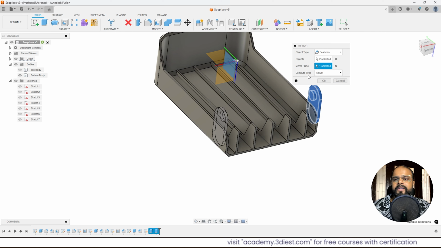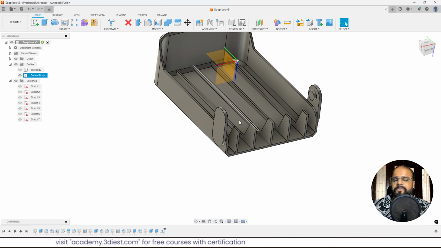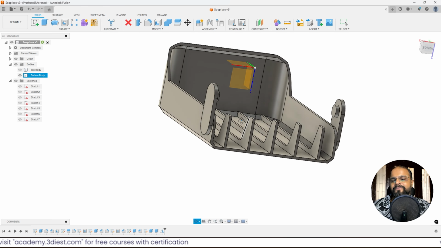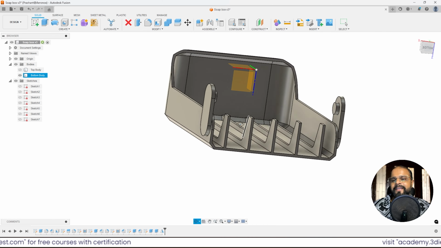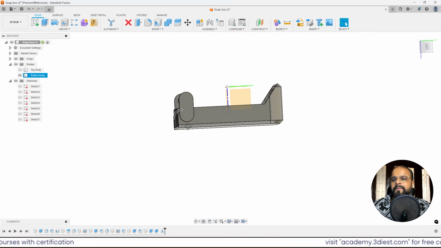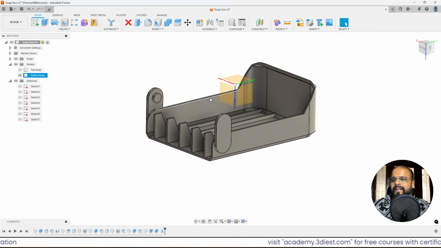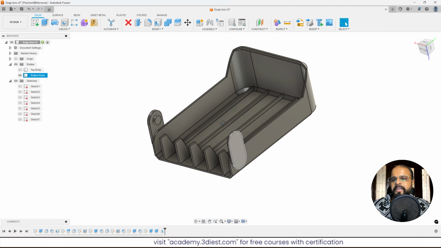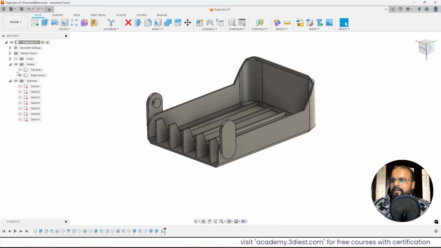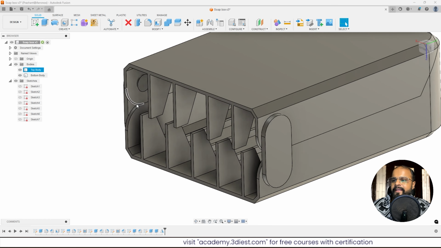The compute type is adjust, so that's completely fine. I will press OK, and it will take a few seconds to process, and here you can see this is what we created. So we had created a hinge on both sides of this bottom body, right? Something like this. I will turn off the origin now because we don't want to see that in the center of my body. Now I will turn on my top body, and you can see the